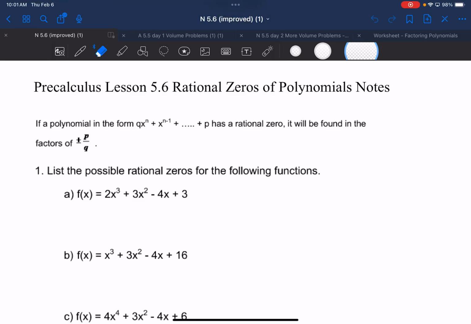Take a random guess at a number that it might be divisible by, we have a rule that will help us get a potential list of numbers that should work. So that way we're not just taking a random stab in the dark. It says here that if you have a polynomial in this form, so remember, normally our polynomials start with the